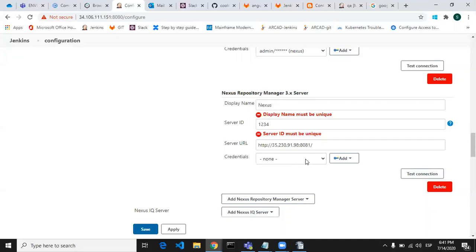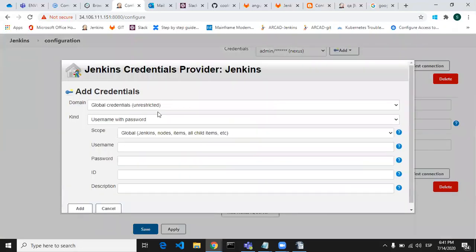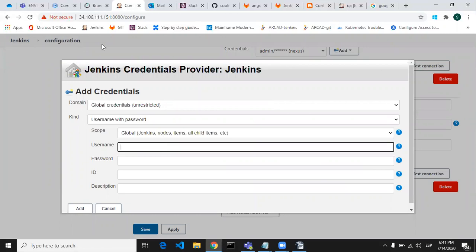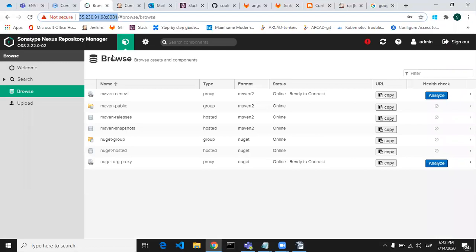For credentials, you have to go to Add, Jenkins, and then add the credentials for the Nexus. Remember how we signed in and provided the credentials. To check that, go to my previous tutorial on how to install Nexus on Ubuntu.